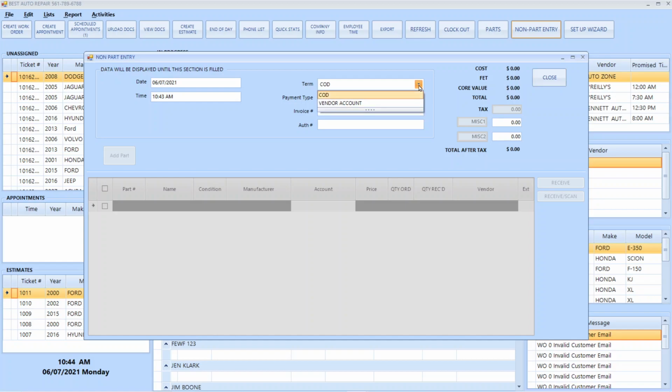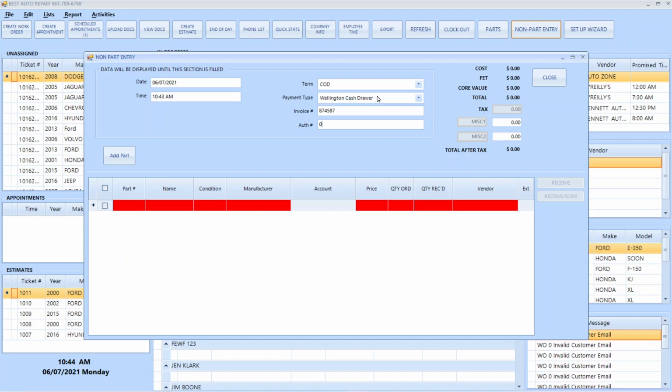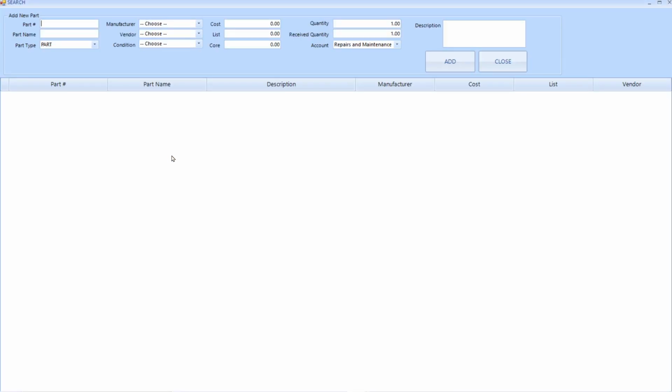First thing you do is click on how it is paid, or whether you're on a vendor account, the payment type that you're using. For instance, we're going to pay it with cash, the invoice number of whatever the invoice that you received, and the authorization amount. Since you use cash, you put 0, and then we would add a part and say part number is,